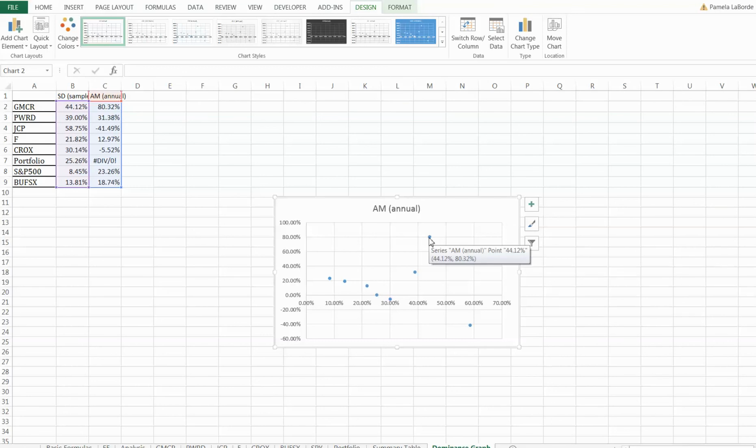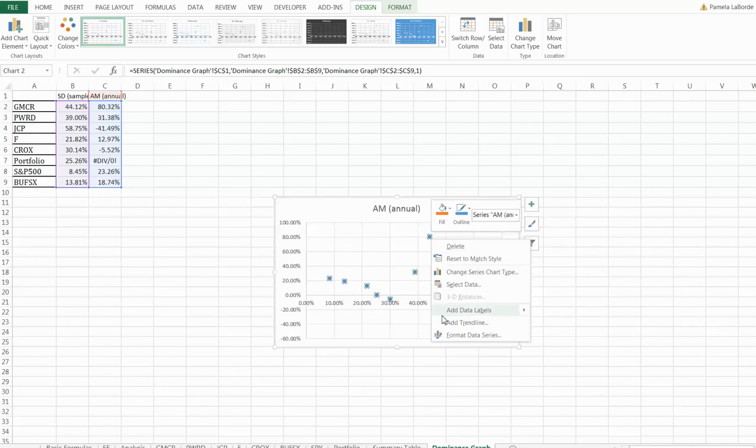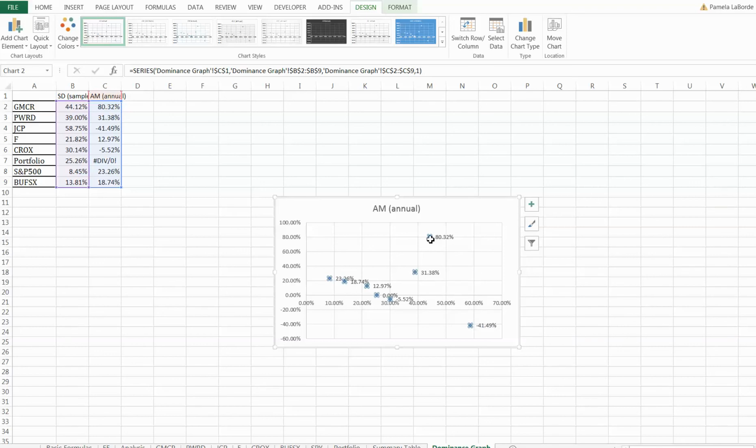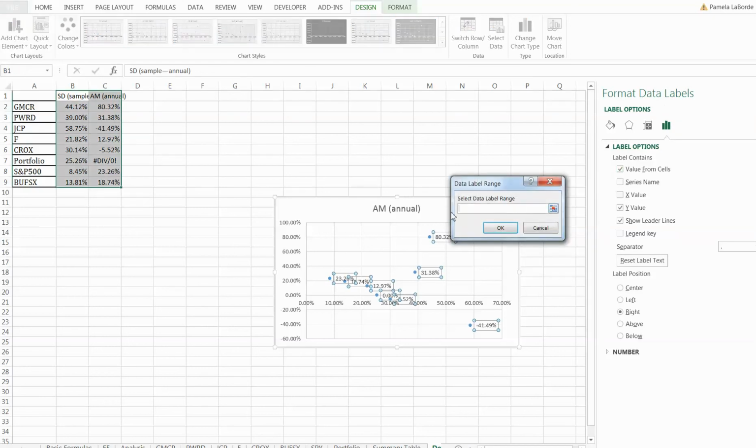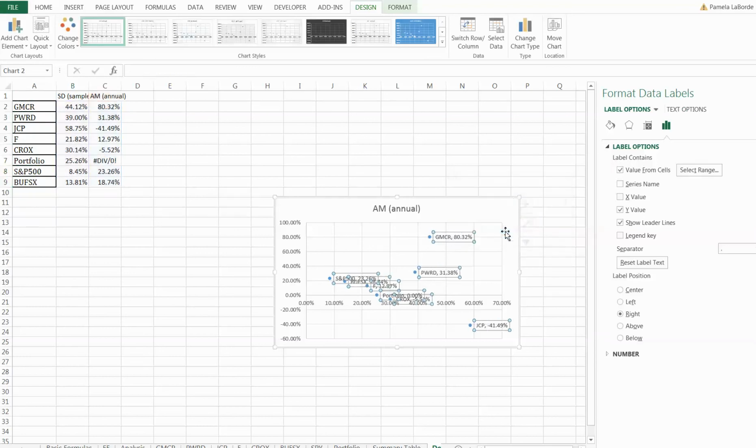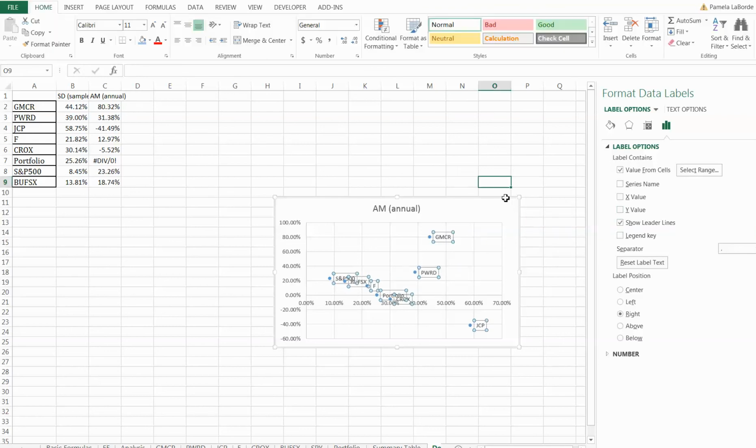To add my ticker symbols as a label, I'm just going to left click one time on one of my dots to highlight all the dots. Now right click it and I go format or add data labels. Then right click it again and format data labels. And turn on value from cells, which will let me select a range within my spreadsheet that has the labels that I want to add, which are the ticker symbols. And then I'm going to turn off Y value. So now I have my